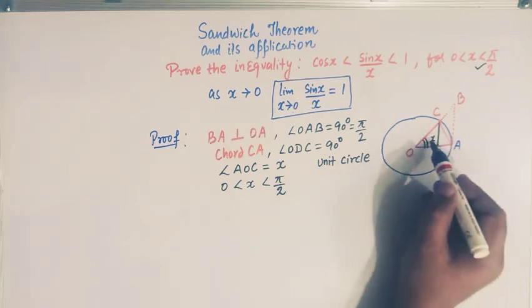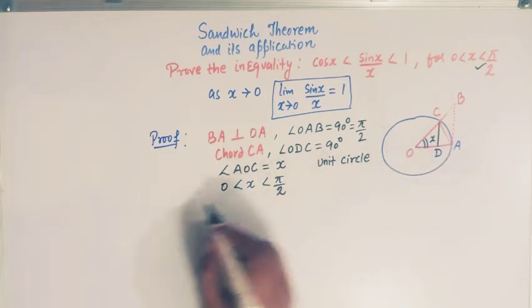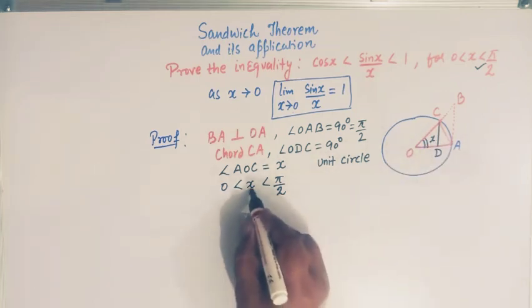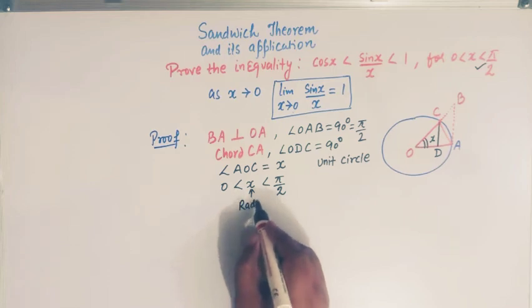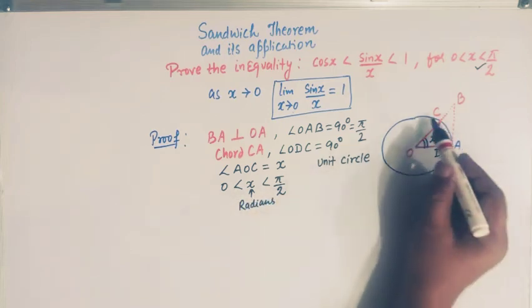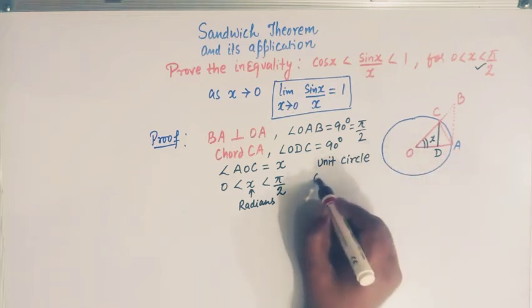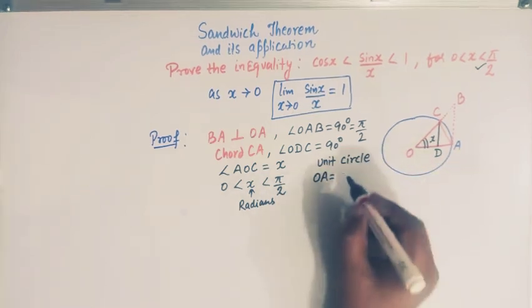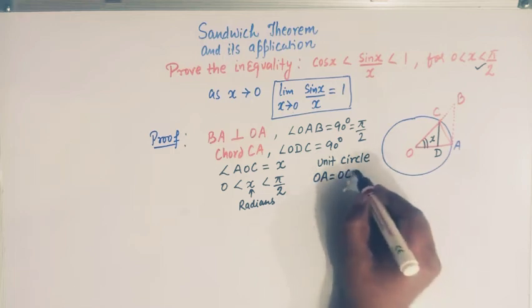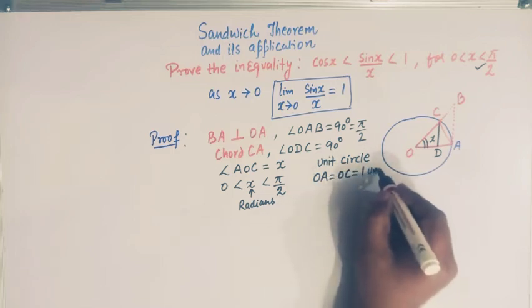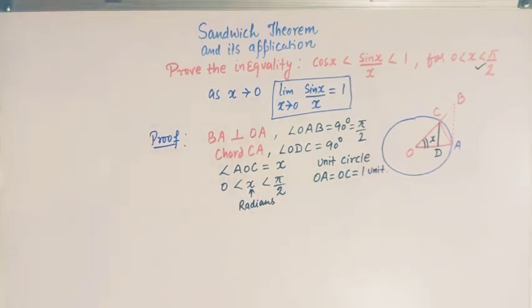So X is in radians, and if we take this circle as a unit circle, then we see that OA is equal to OC and it is equal to 1 unit, right? Okay,